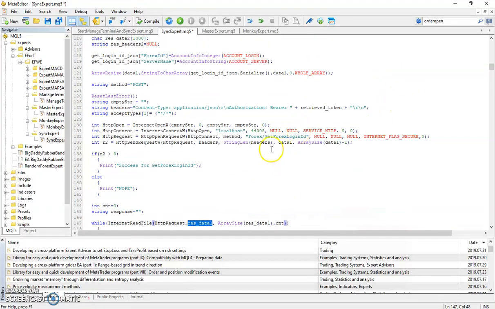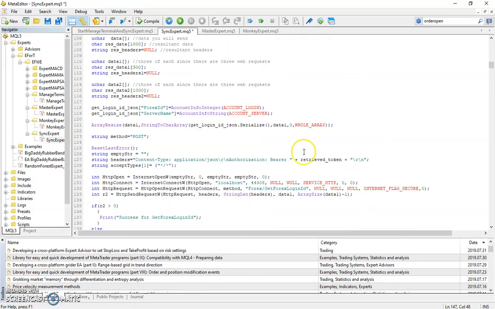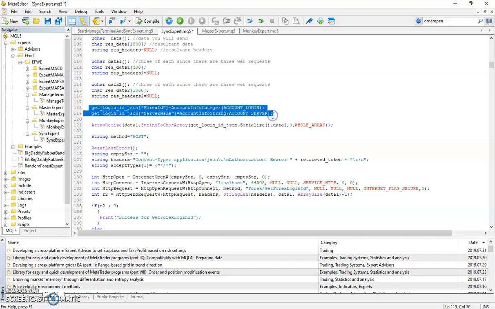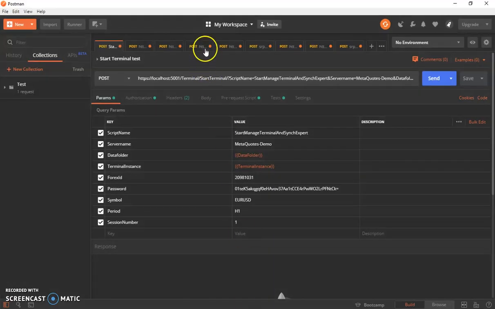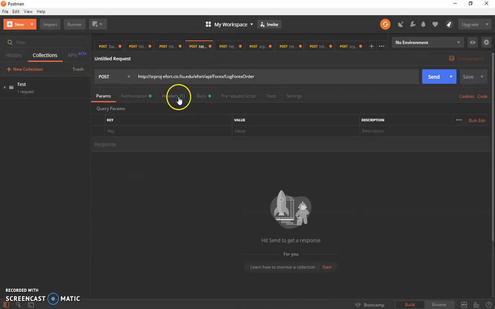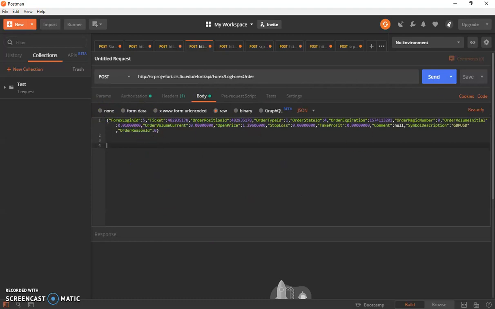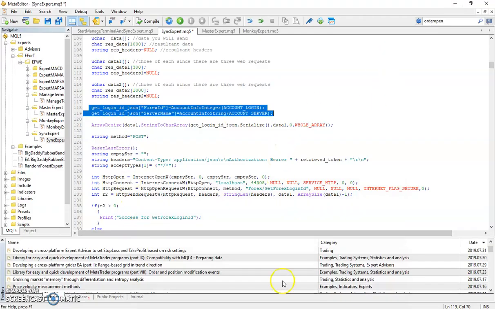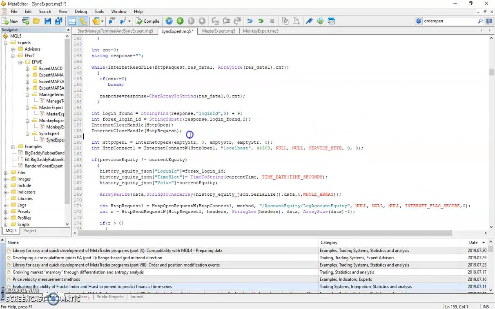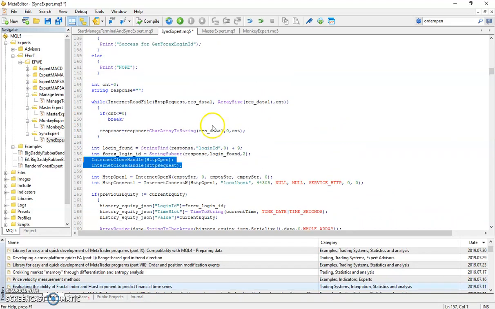And then another important thing is the data you pass in. So here I'm passing data 1, and this is an array of characters. What I did was have a JSON because the format of the input is a JSON. I think I have this one in Postman, so let me see the body. It would be something like this, a JSON. So I'm creating that and then setting it to be a character array right here in this piece, and then sending it. You would also need to include these two pieces of code after you finish